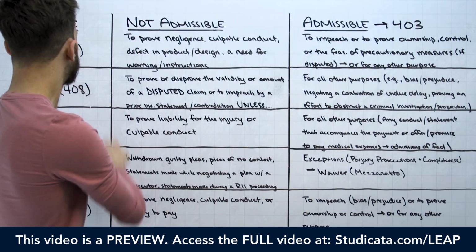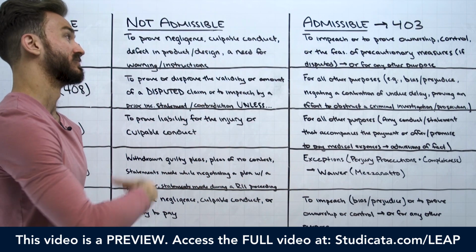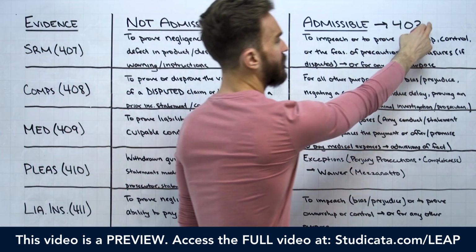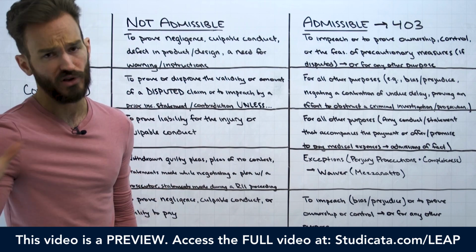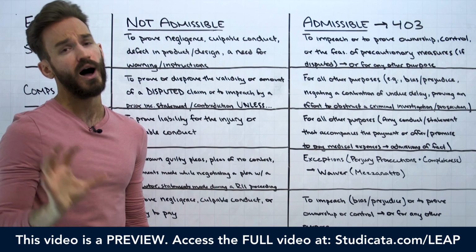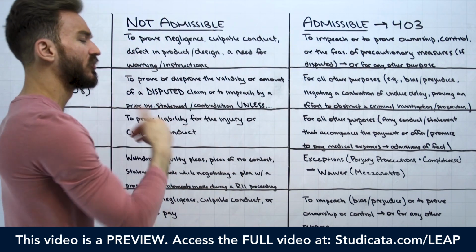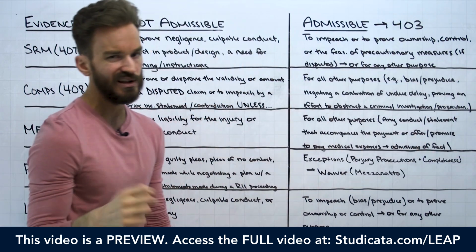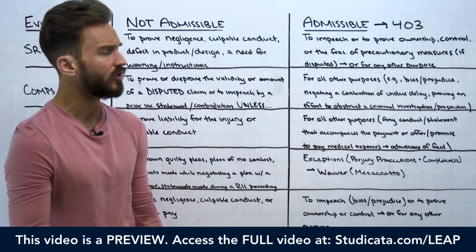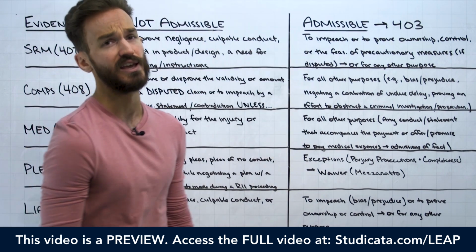So it got over the 407 hurdle, but anytime we're dealing with things like public policy or societal concerns, we always want to run through a 403 balancing test, which we already talked about, where we weigh the probative value of the evidence against the danger of unfair prejudice. Even if it gets over the 407 hurdle, that doesn't mean it's automatically admitted into court. We would always want to apply a 403 balancing test to any of these public policy exclusions.